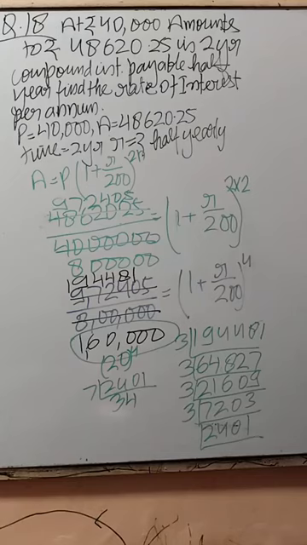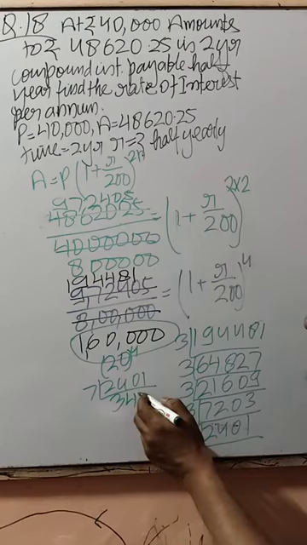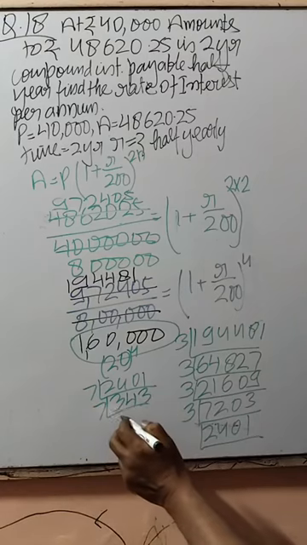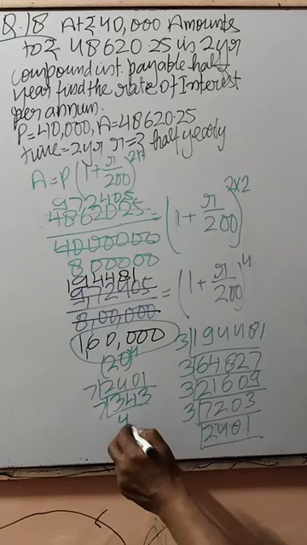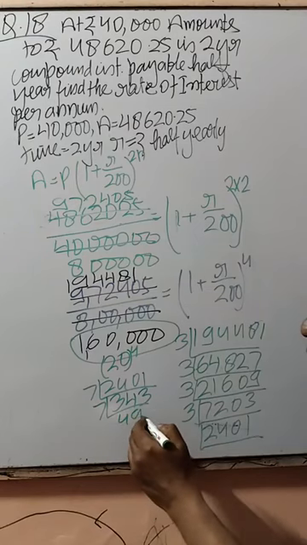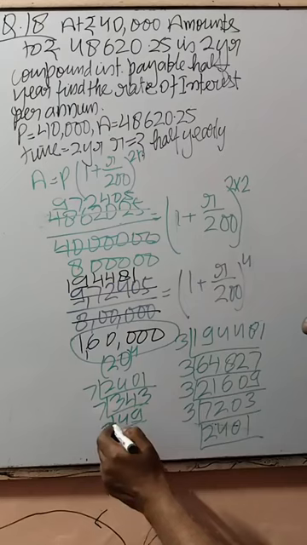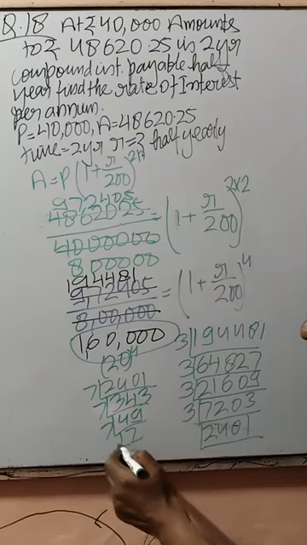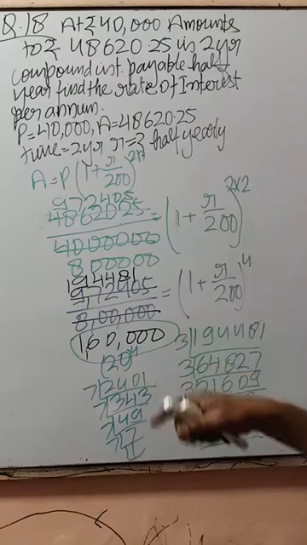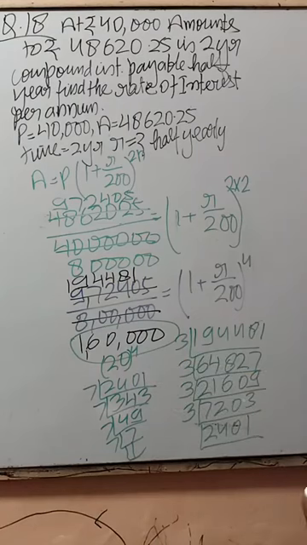So 30 minus 28 becomes 2. Again divided by 7, you get 7, 4 times 28, and 9 times 63. 7 times 7 is equal to 7, and 7 times 1 is equal to 1. Right? It means it will be